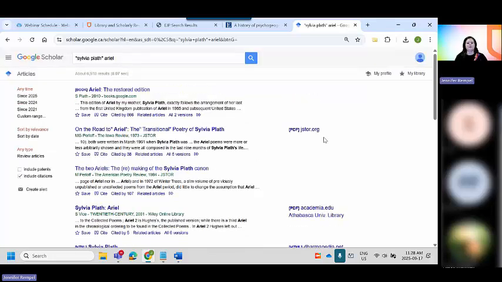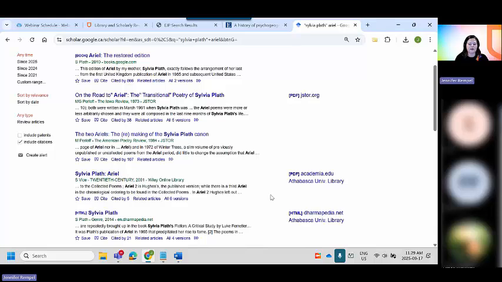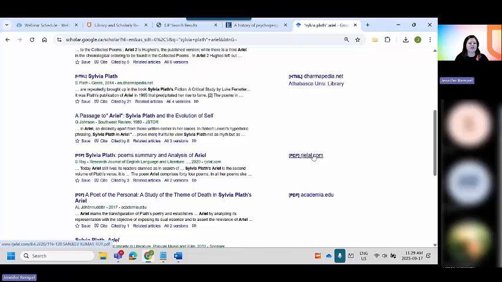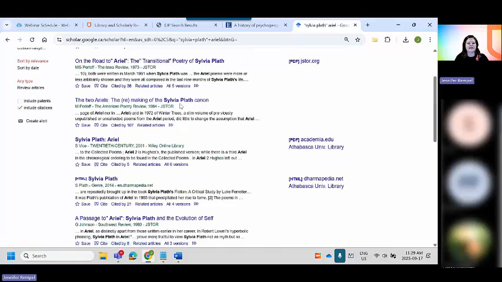So I'll probably do a session on Google Scholar later on, but when you're looking at your results and you have the AU Library link selected, you can follow it, you can track it down in a few ways. A lot of times we don't have access, but this is published in a specific journal online that is probably open access. So just as an example, in this case, I'm interested in this article, but there is no PDF at all. I click on the title, and what this will take me to is this article's page in JSTOR. So JSTOR is another database. So we do have access to JSTOR, but what I want to demonstrate is that